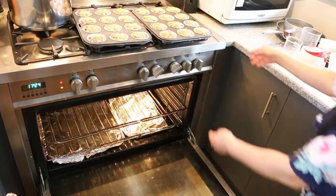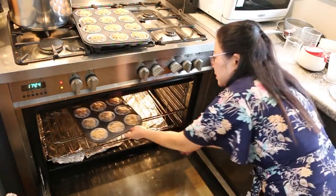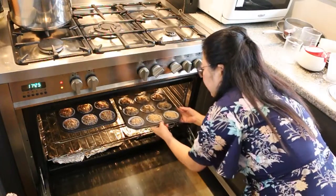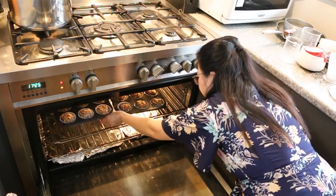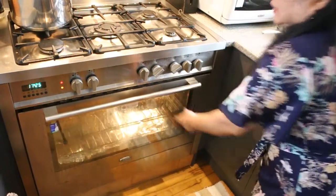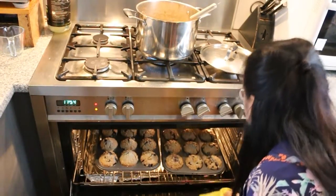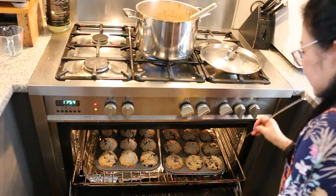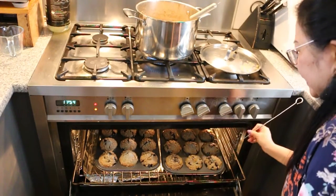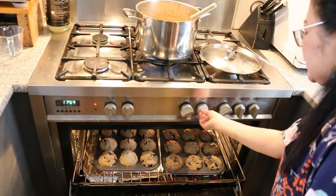So now the oven is preheated, we can insert the baking tray and let it bake. And close the oven door gently. Now the muffins are cooked after 20 minutes. To check that it's completely cooked, just put a skewer inside and if it comes out clean, or a toothpick, then it's cooked. So we're just going to switch off the oven